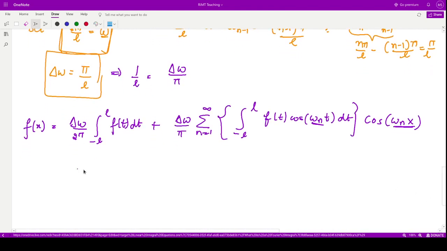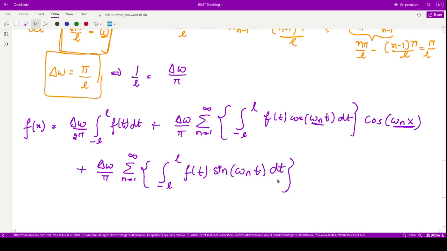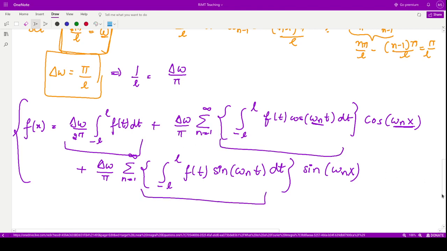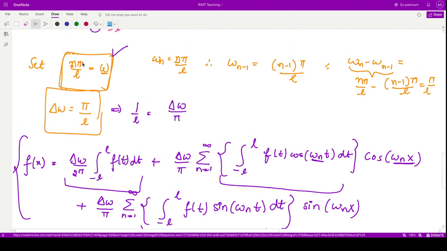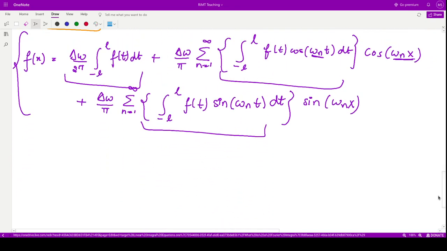So this is the second term, and in a similar way you have the last term, third term, to be summation n varies from 1 to infinity. Instead of bn, now I can write minus L to L f of t sine omega nt dt. So this is the value of bn, and you have sine omega nx as such, right? So this becomes your Fourier series when you substitute the values of the constants in the given Fourier series, and you have just replaced the term n pi by L as omega, so that your delta omega becomes pi by L, right? So this is what you have.